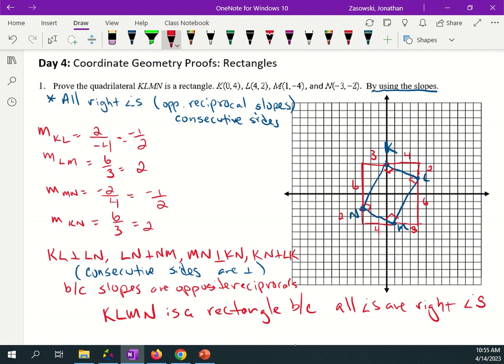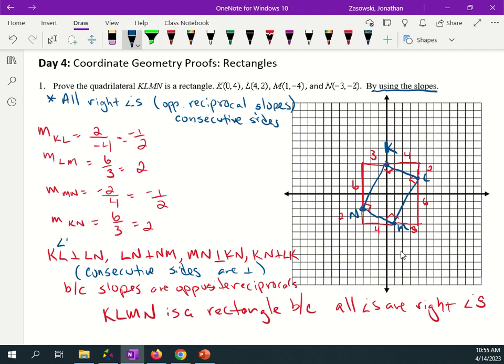Nothing too crazy. So an easy way to do rectangles is to do the four slopes, show that all the sides, consecutive sides, are perpendicular, and therefore we have 90-degree angles. We good? Now, your other option, instead of saying these lines are perpendicular, you could also